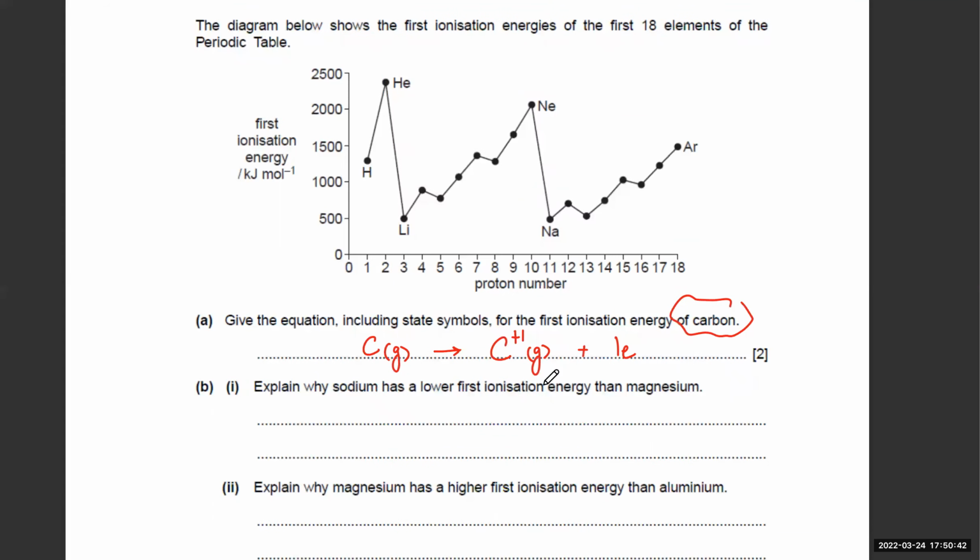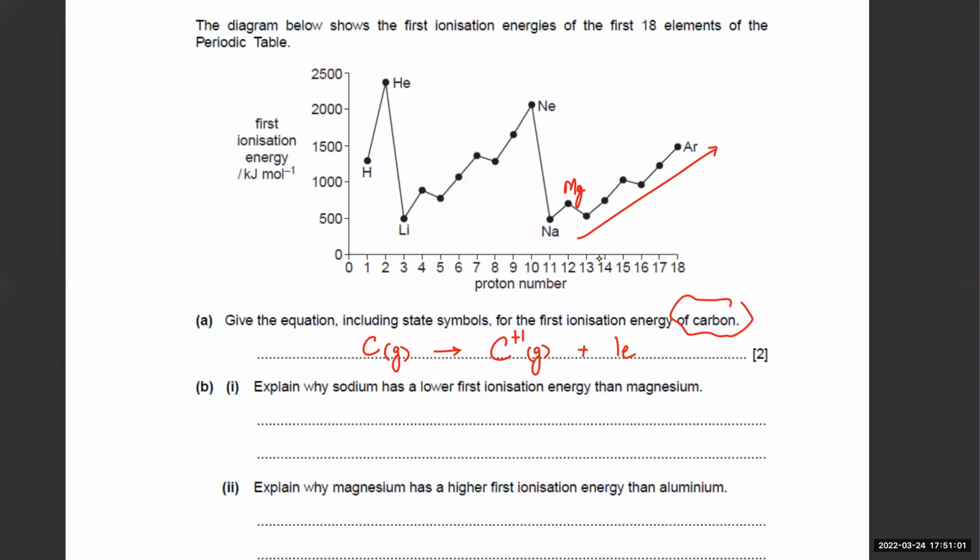Explain why magnesium has a lower first ionization energy than sodium. So why magnesium? Magnesium is number 12, so magnesium is over here. So why is it lower? Because what happens across the period? When you move across the period,